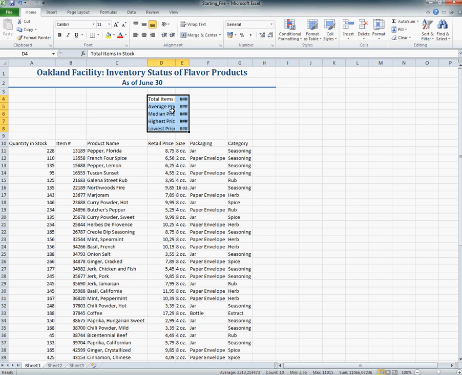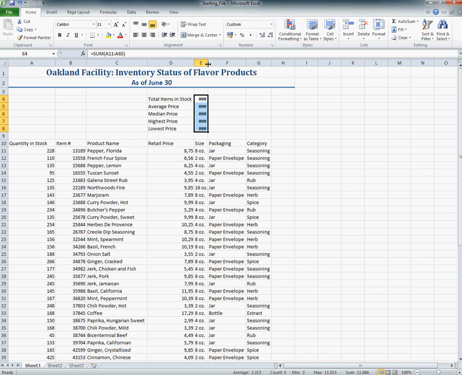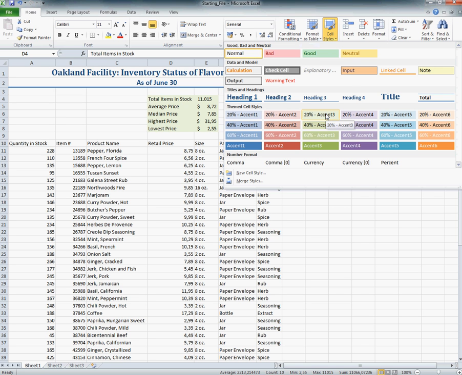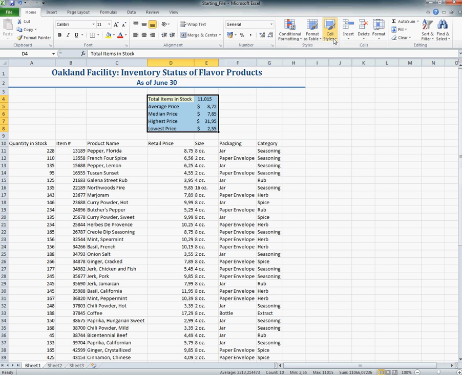As you see, the numbers here are not shown because the column here is too short. We come and click between D and E, and we come and click between E and F to enlarge the columns. Here you can pretty quickly change the cell styles if it is needed. You can change the cell styles, but now I need an additional